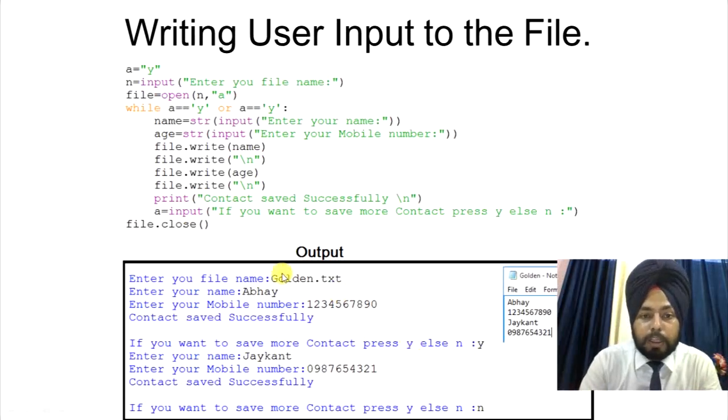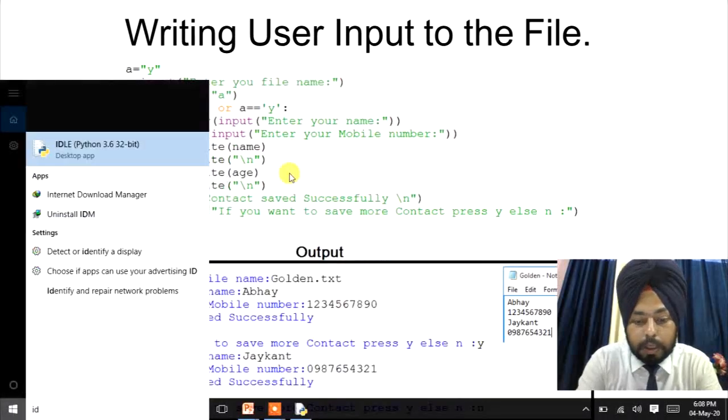And for that, the syntax is written here. This is the syntax to create that kind of file. Here we have used the string function to take the input. Again, to save, here we'll use the string function. So then we'll type here the program. For that, we'll go to the IDLE.